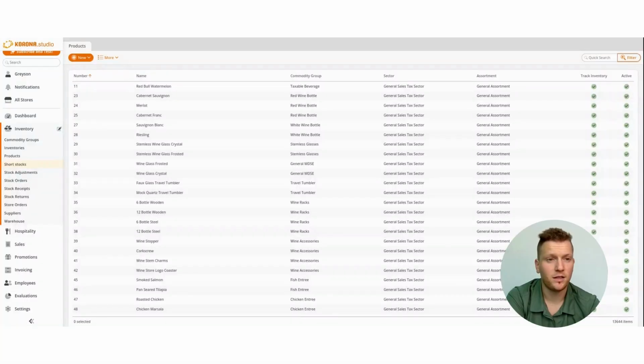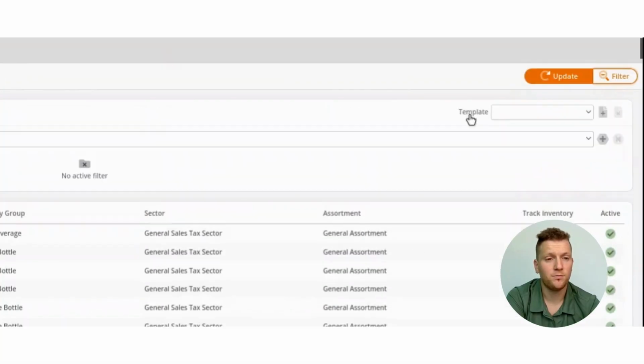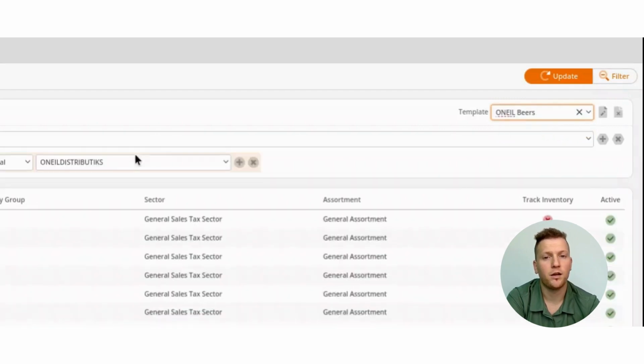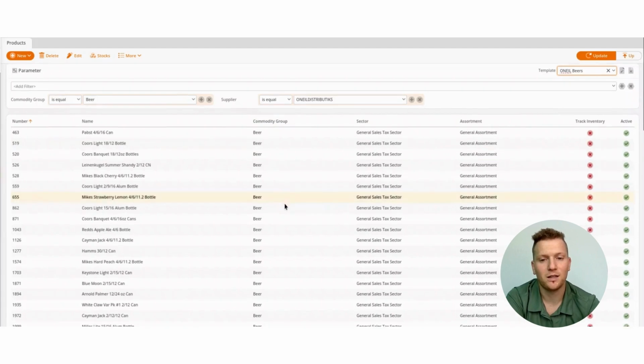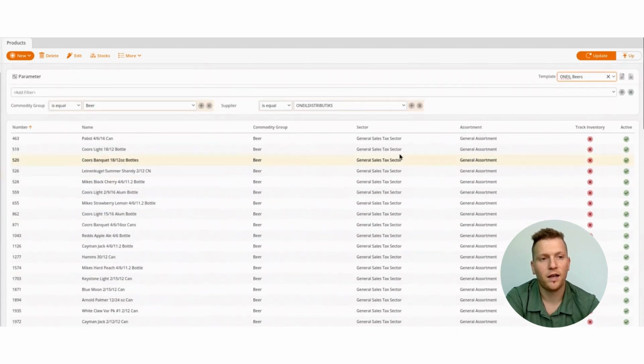All throughout KORONA now, whenever you activate the filter, you'll have this option to create a template. Our templates are groupings of different filters that you're frequently using. For example, under products, maybe I'm frequently looking at my supplier Meal and their commodity group of beer. So all the products that are under the commodity group of beer from the specific supplier. It allows me to quickly apply these filters and take a look at this list whenever I activate this